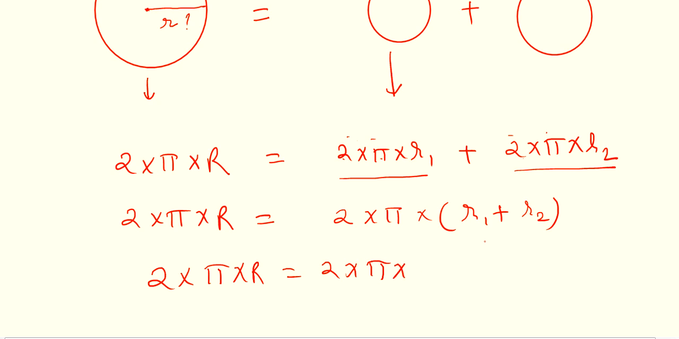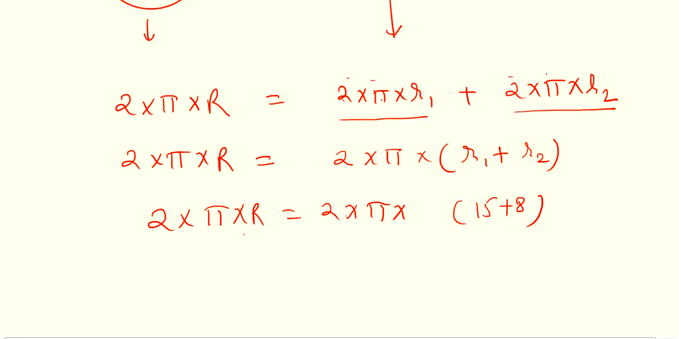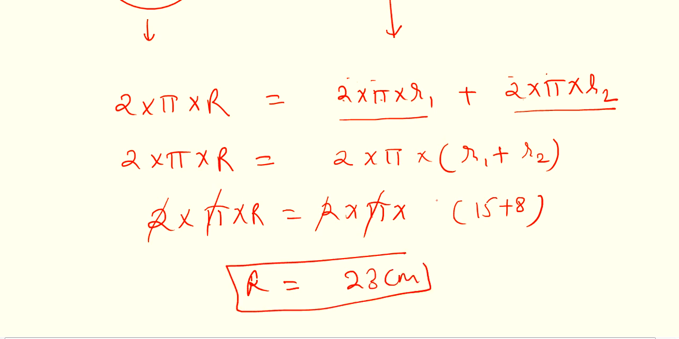So the radii are 15 and 8. 15 plus 8. Now this 2 gets cancelled, pi gets cancelled. Only r remains. 15 plus 8 is 23. So this is your required answer. Like this you have to solve. Then question number